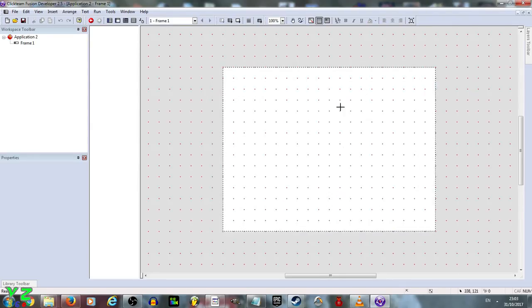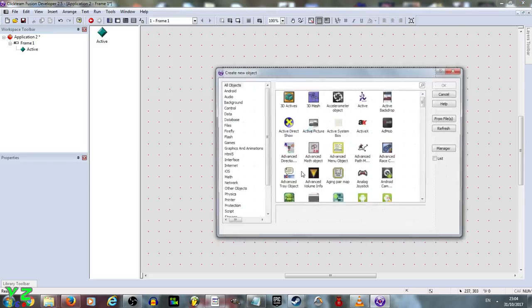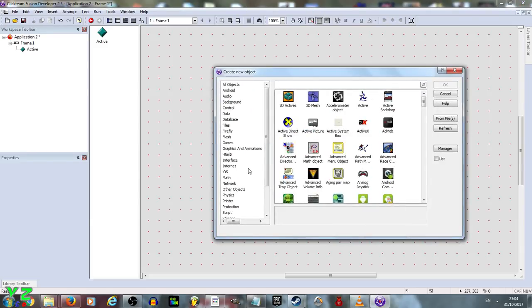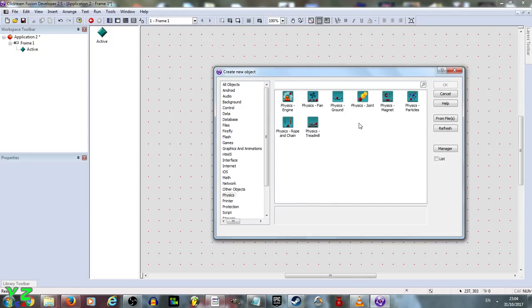So let's create a new active, and basically what we're going to have is we'll flip this active up in accordance with the laws of physics, and after a certain time that it's been in the air, it will explode. So we don't want the explosion to occur straight away, but rather let it behave like a bomb. So let's firstly create a physics engine,